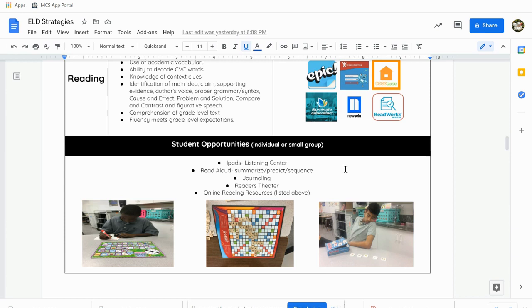So Scrabble is a great one. Now I'm talking about academic vocabulary. The students will put the tiles on the board, and they are words that are very simple. So for example, they will say "ate." And if they are playing with me, many times they don't want to play with me, but my advanced students definitely do, because their whole goal in life is to try to stump me, right?